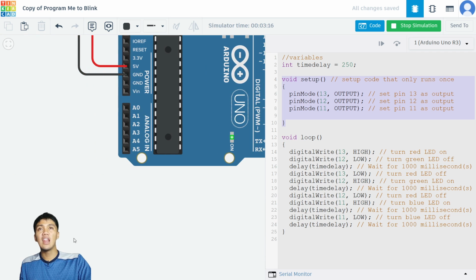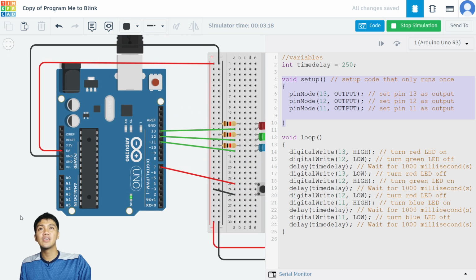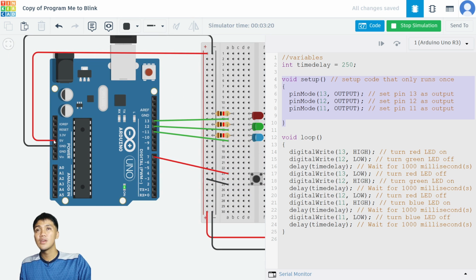Now, let's run through here for our tracing. We have your 5-volt rail right here in red. You have your ground connected from the Arduino and then connected to our negative power rail. And then you have your